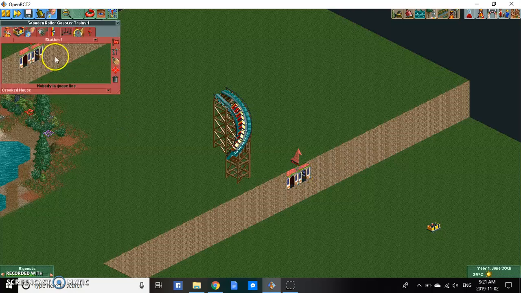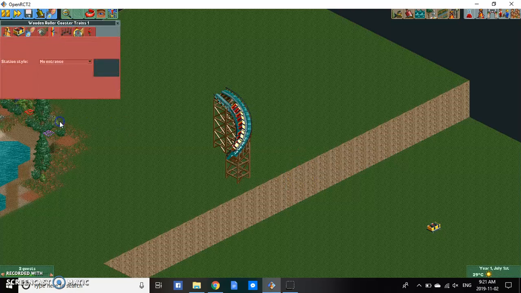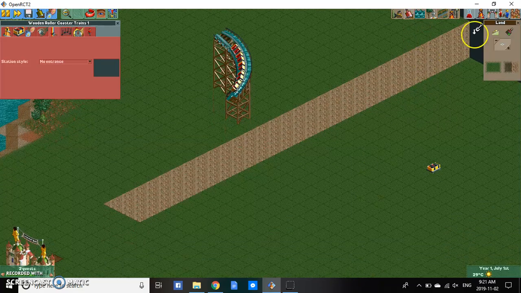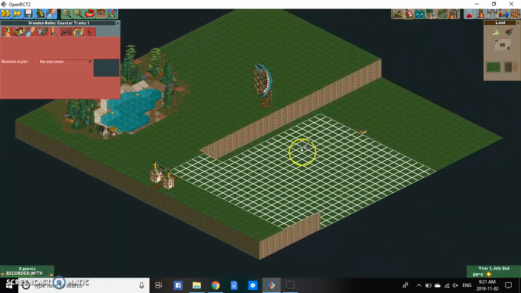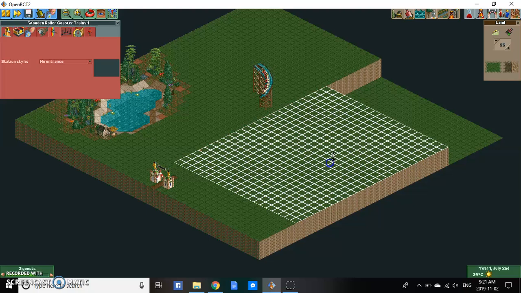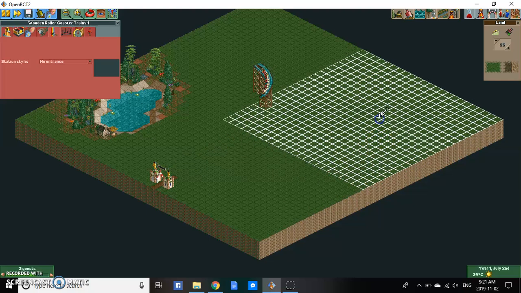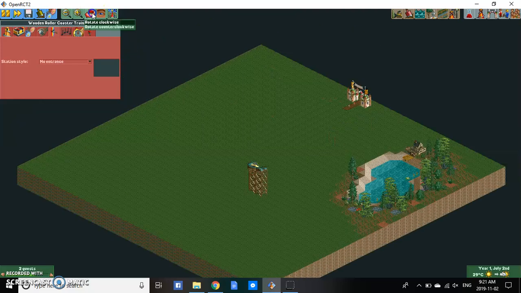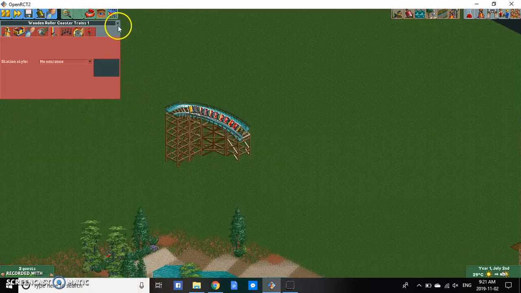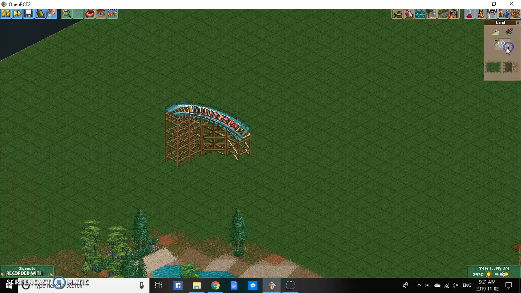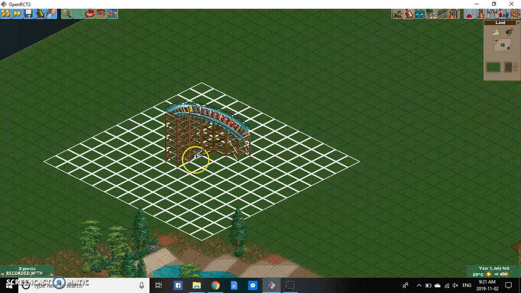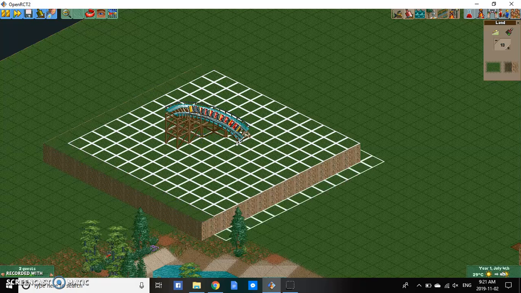We also notice that our entrances are still showing, so we will turn those to no entrance. There, at that point we can re-raise our ground. And there you have it. At this point you can now add a nice little entrance here. What I'm going to do, depending on where you've got your entrance positioned, is just raise this up a bit, like that,